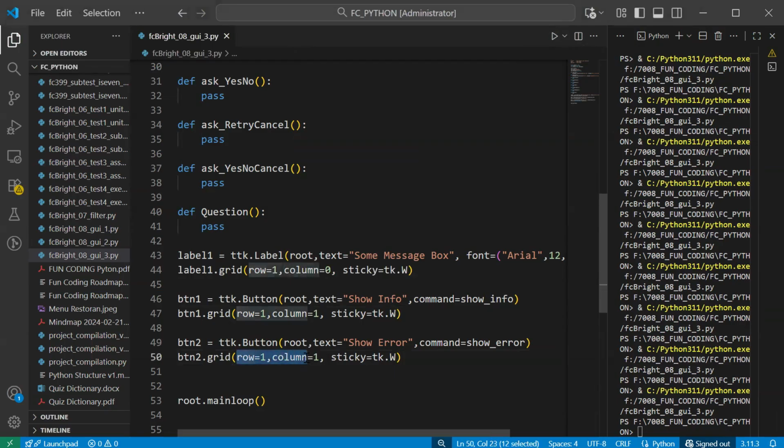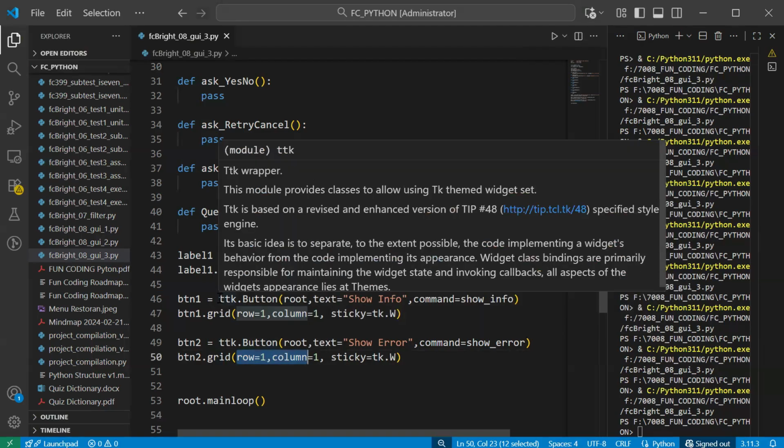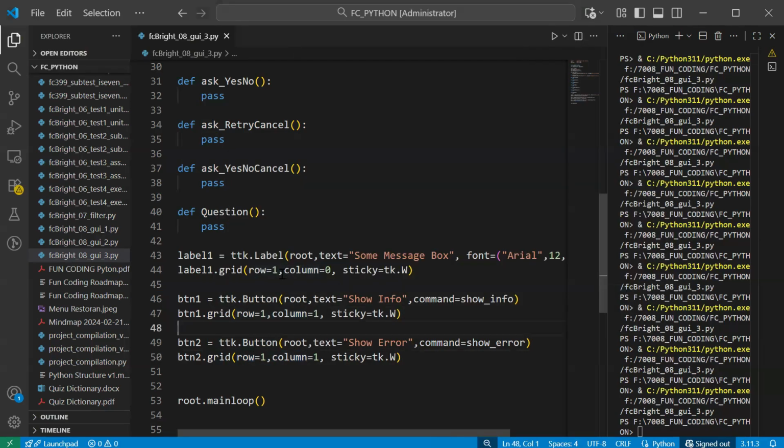This row 1, column 1 cannot be overlap. So maybe you better make this 0 0, 0 1, 1 0, and then 1 1. Yeah.